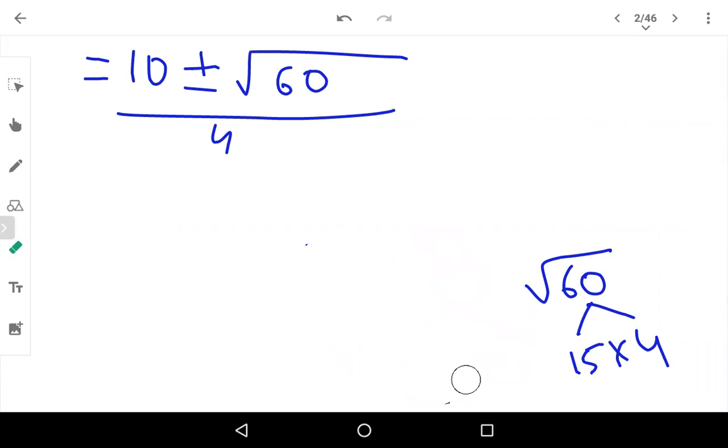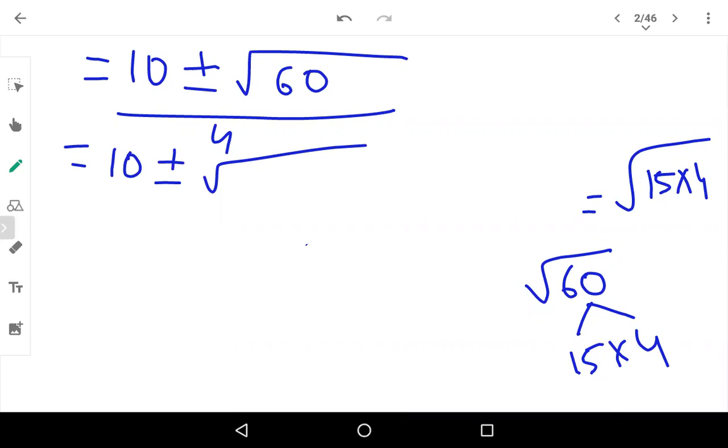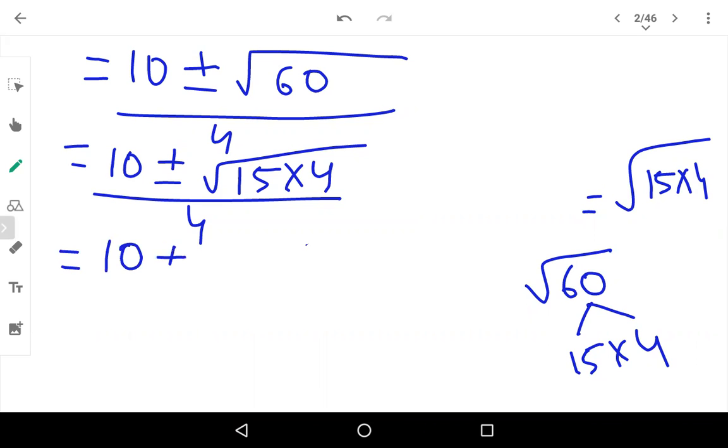So this square root of 60, I'm going to represent as square root of 15 into 4. Now here what I will do is 10 plus or minus square root of 15 into 4 divided by 4. In the next step, 10 plus or minus, I will take 15 outside and keep the square root of 4 inside. Oh, sorry, wait. It's the other way around. I can take